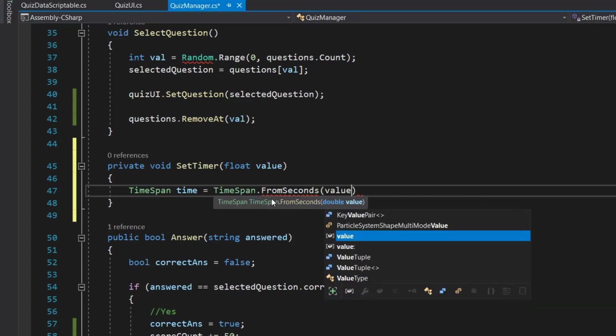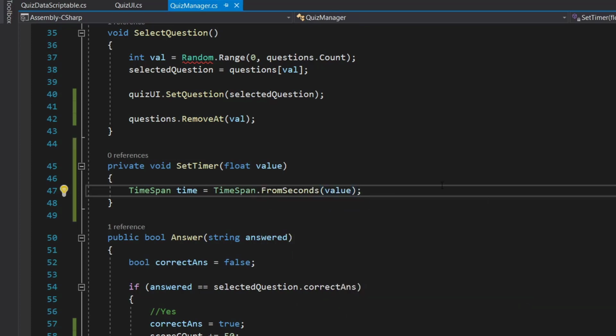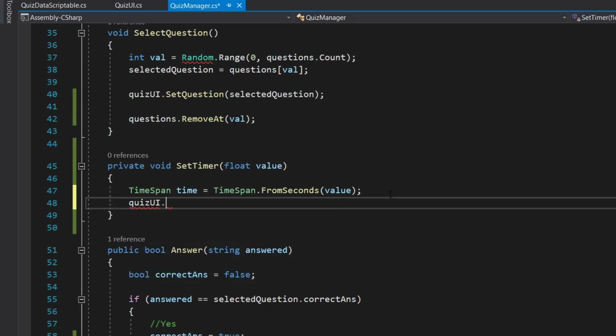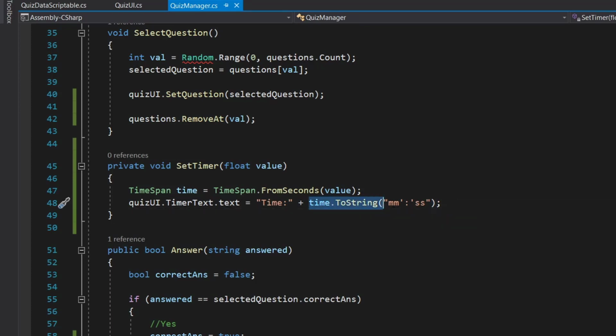As we know, our timer we are setting is in seconds, so we are changing it from seconds. Quiz UI dot timer text dot text is equal to time plus our time dot to string. So we want to set it in minutes and seconds. Okay, so this is how you format your time.